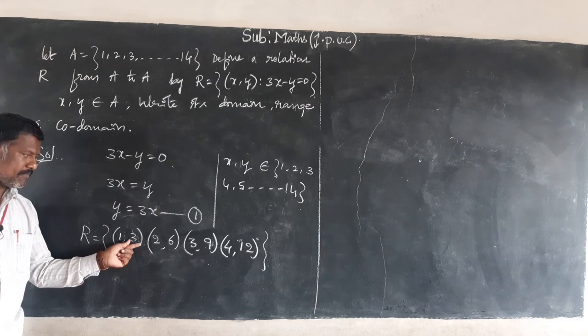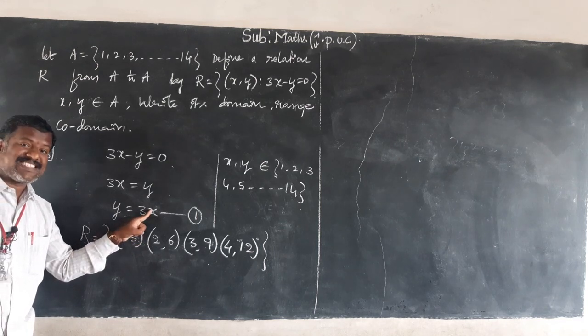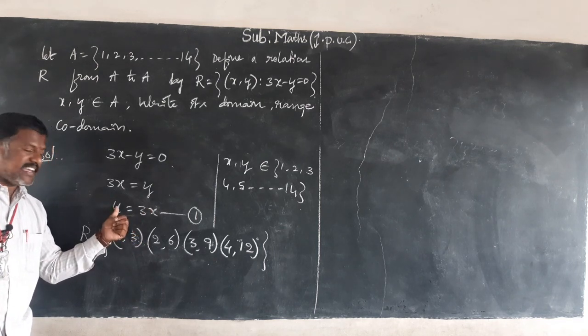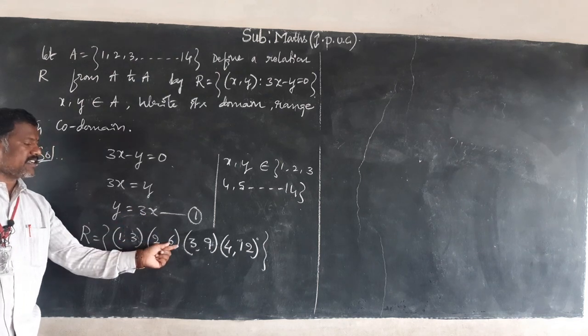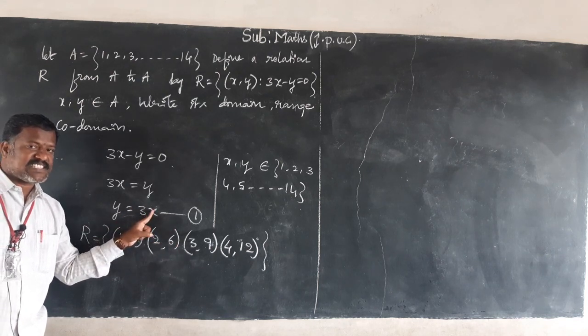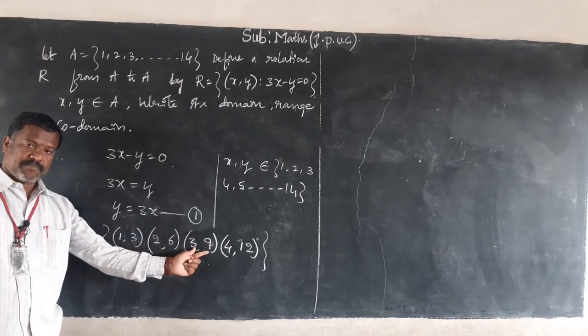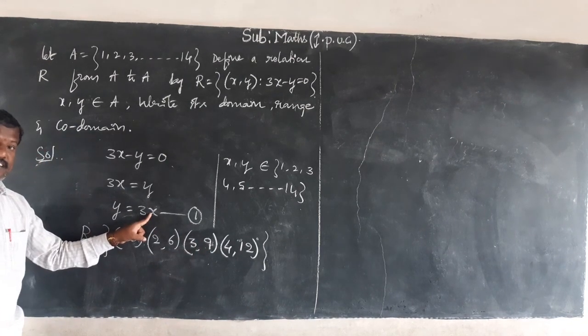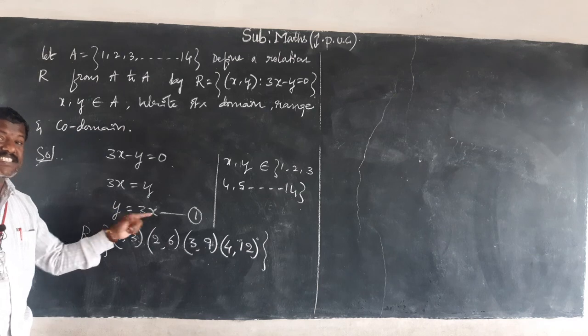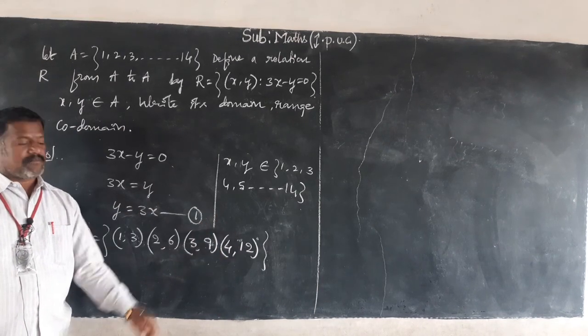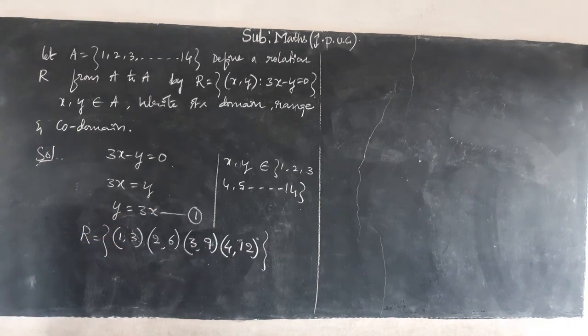If I take x as 2, the value of y is 6. If x is 3, y is 9. If x is 4, y is 12. Just by seeing this, we can write easily